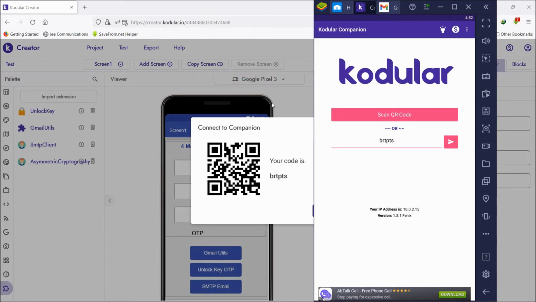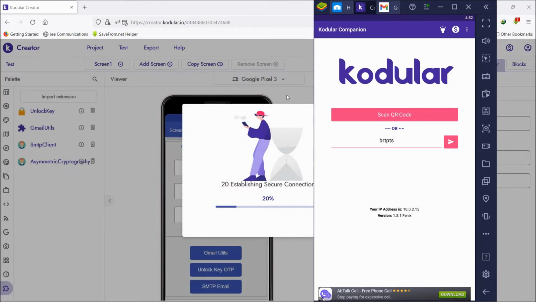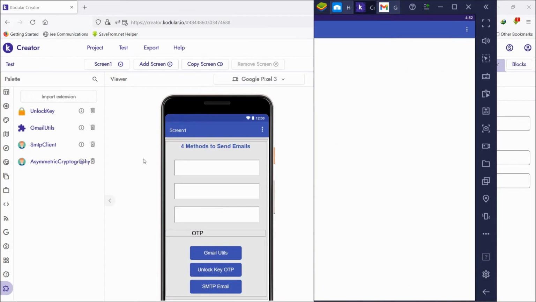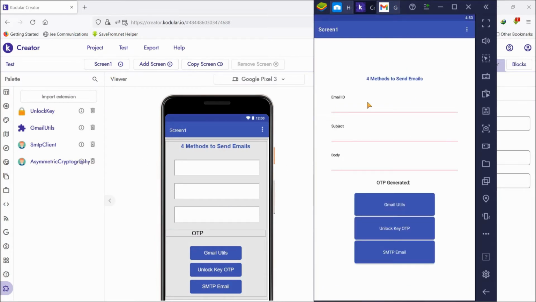So this Gmail utils is an old extension. It works like an activity starter, guys. If you want to use an activity starter also, no problem. You can use an activity starter by using android.intent.action.VIEW, and you can give an email method by joining blocks. So that's one of the methods, and directly, if you want, you can add this extension, guys.